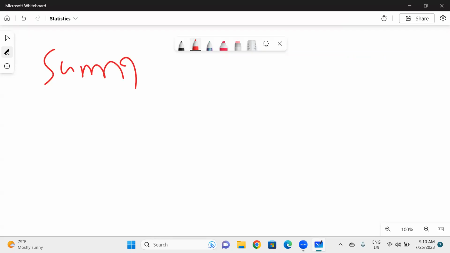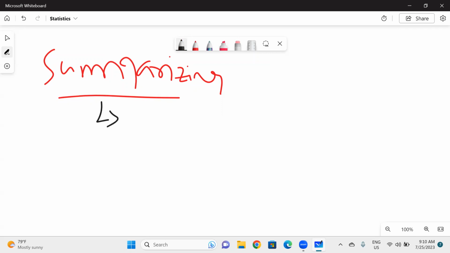How are we able to summarize the data? Are you following my point? I already told you data could be of two types, quantitative as well as qualitative. So how can we summarize the data? On what basis can we summarize the data? Most of the data we can summarize is quantitative data.